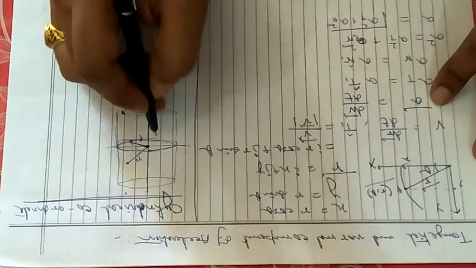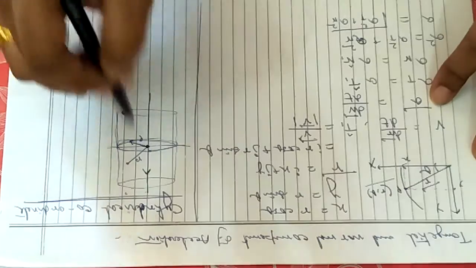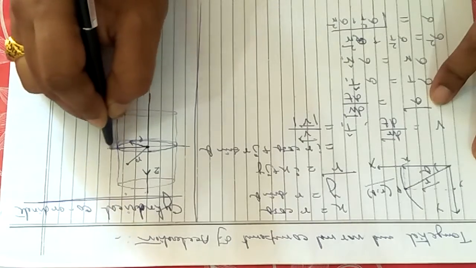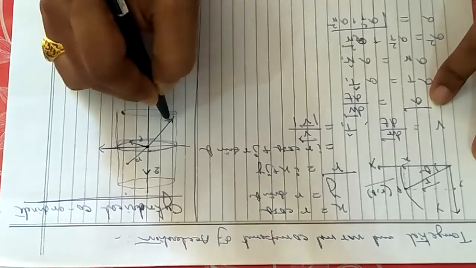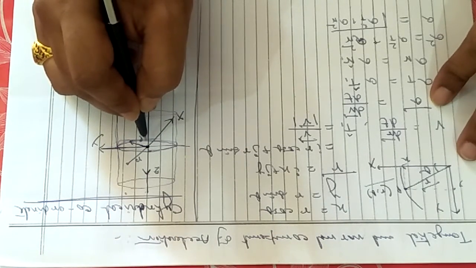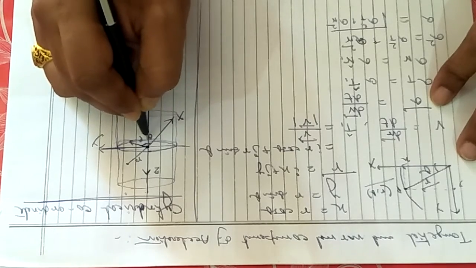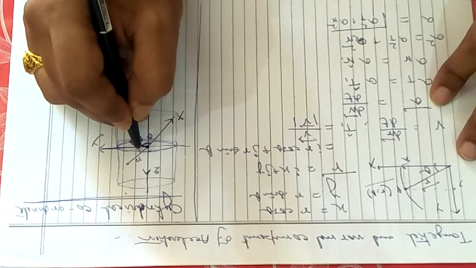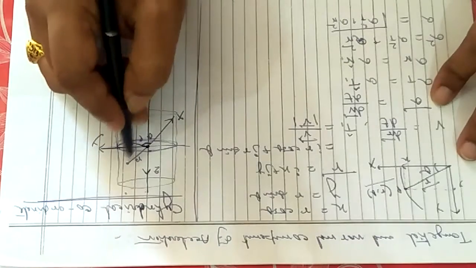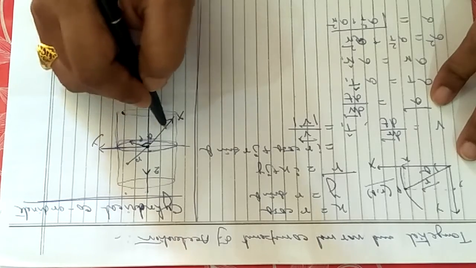Now on that meridian plane, the axis which is perpendicular to the meridian plane will always be the z axis. And on the meridian plane you are considering two axes like this. Suppose this is your x axis and this is your y axis. So on the meridian plane, the rho vector makes an angle theta with the x axis. The r vector has whatsoever angle, I am not bothered about that, I am bothered about the projection. The projection of the r vector, rho, on the meridian plane makes an angle theta with the x axis.